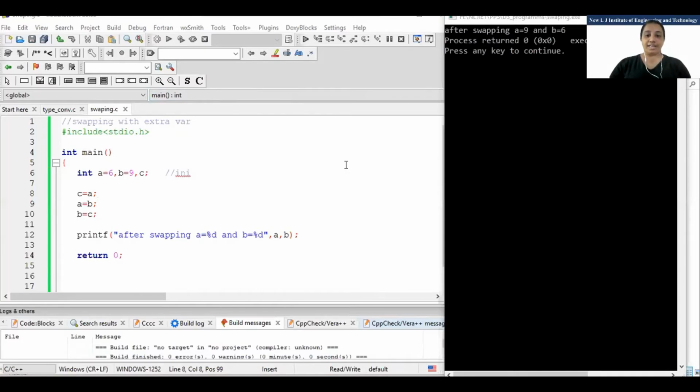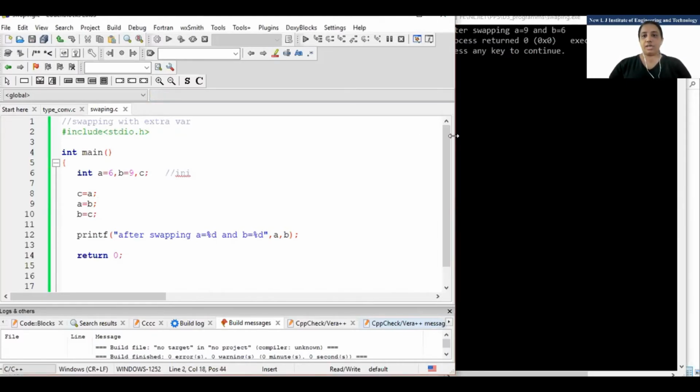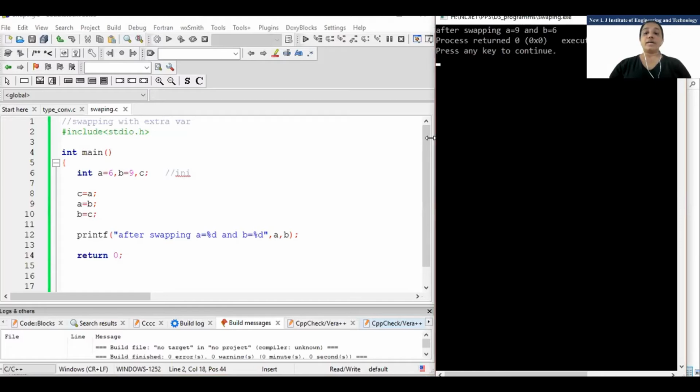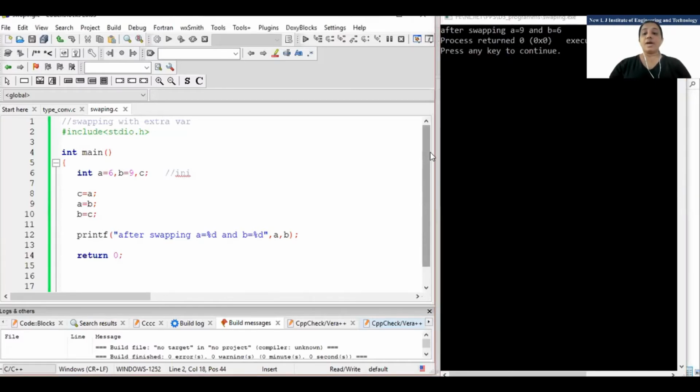Why are we writing return? I told you that I will explain it in detail when we see functions. Because main is a function, and whenever you write a function, it should have some return type. I will explain in brief.